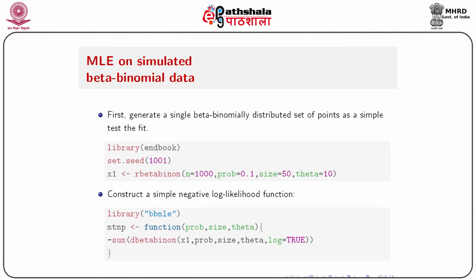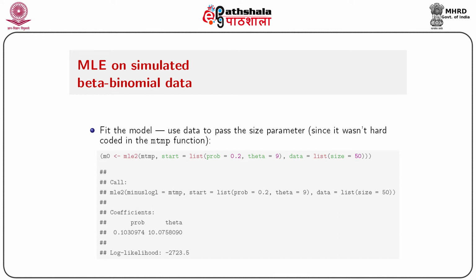Then construct a simple negative log likelihood function. Say library bbmle, then mtmp is a function of prob, size, theta: minus sum of dbetabinom of x1, prob, size, theta, with log equals TRUE. So this function will give you the negative log likelihood function. Then fit the model, using data to pass the size parameter like this: say m0 equals mle2 of mtmp, with start, the initial values, equals list prob 0.2 and theta 9, and data equals list size equals 50, and this will give you the results. The probability is 0.103094 and the theta estimate is 10.0758090, and the log likelihood value is minus